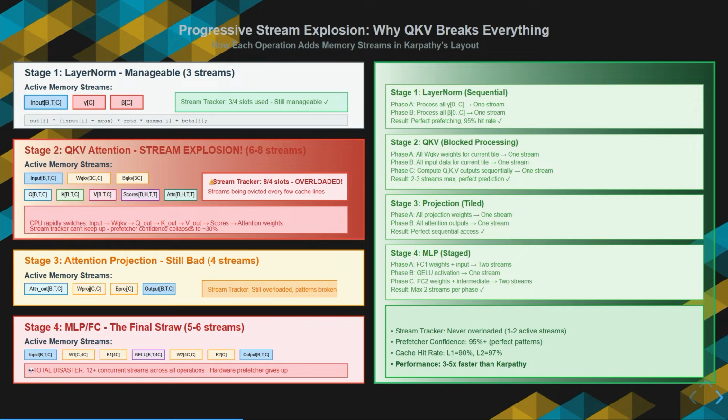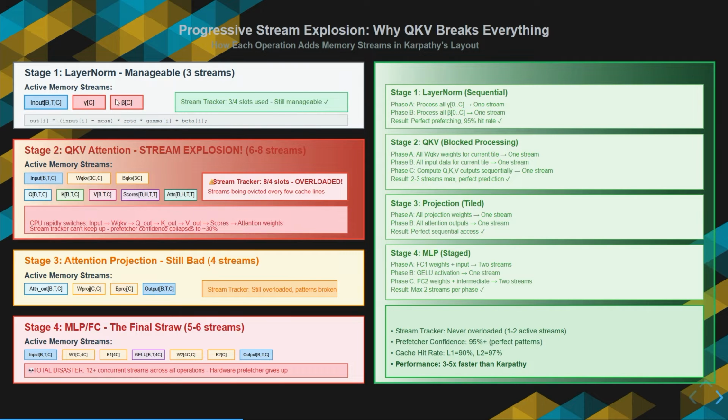Now this slide shows the cause of the performance degradation we just saw on the graph. On the left, you can see the traditional layout in action. For layer norm, it's manageable with 3 active memory streams. You have the input, and things like the embedding dimensions and the context length of your AI in some shape or form, and this performs a simple computation: the input minus mean, multiplied by the reciprocal standard deviation, multiplied by the gamma and the beta, and these are all arrays stored as an output. So there are few streams here, around 3-4, and